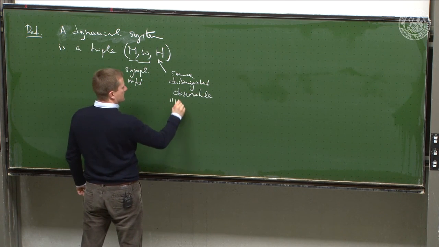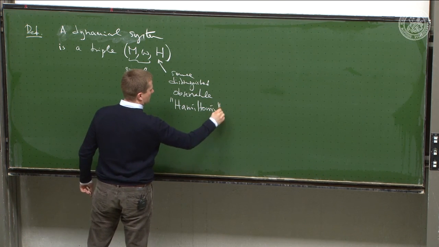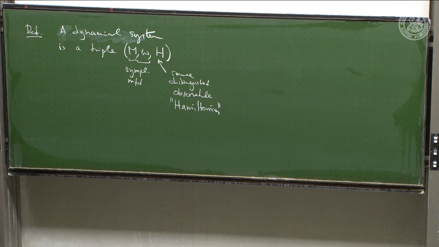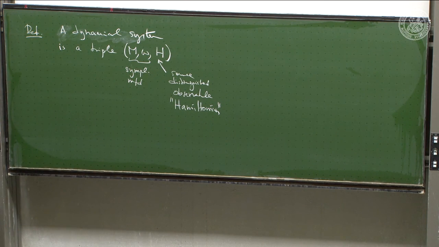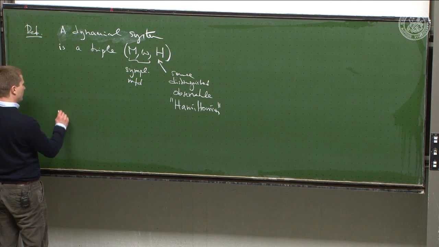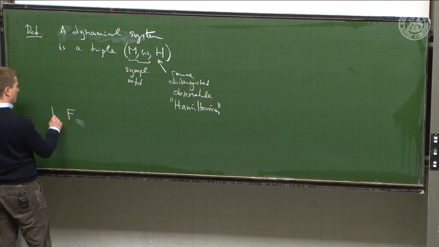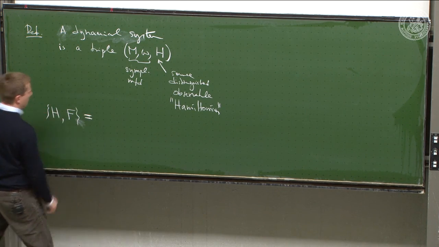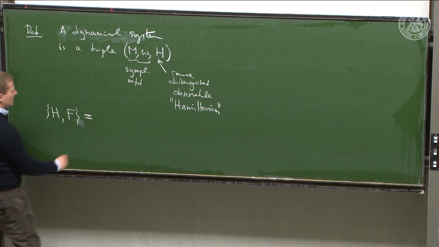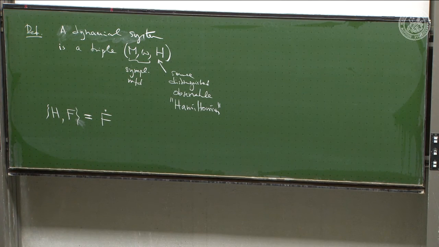And that is then called the Hamiltonian. Okay. And if you have that, you can define the change of any other observable, f,